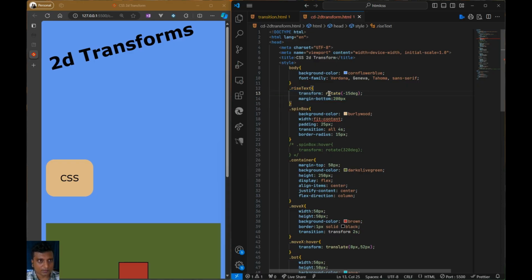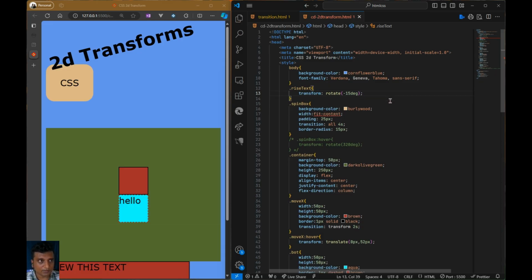And as soon as I do that, the entire text rotates as it is without having to change the angle of every alphabet, but it changes the angle of the entire word together, as if it was written on a blank and you held the blank at a particular angle. In this case, it has been set to negative 15 degrees, which is going to tilt it backwards, and at the end of it, it is going to be tilted upwards, making it look as if it's ascending towards the upward direction. I've also applied a bottom margin, which if not applied,